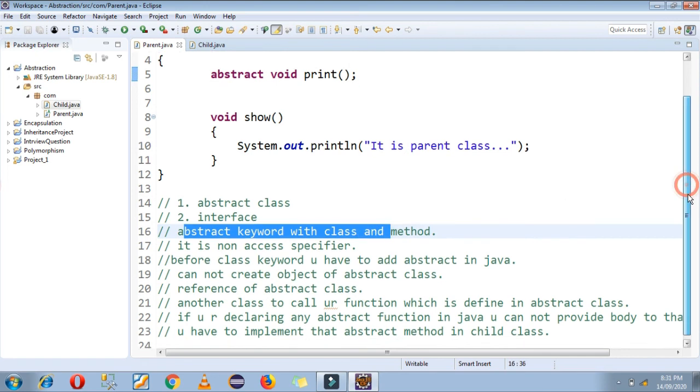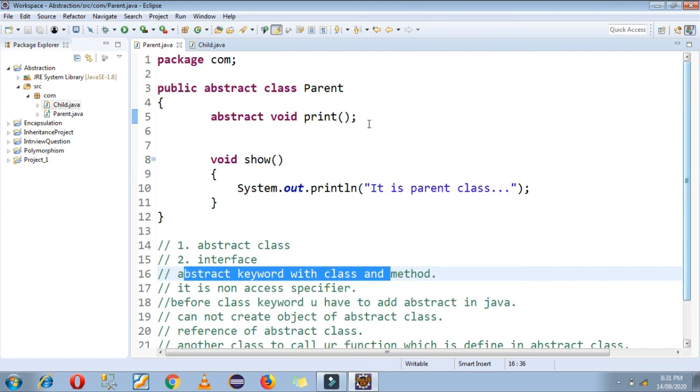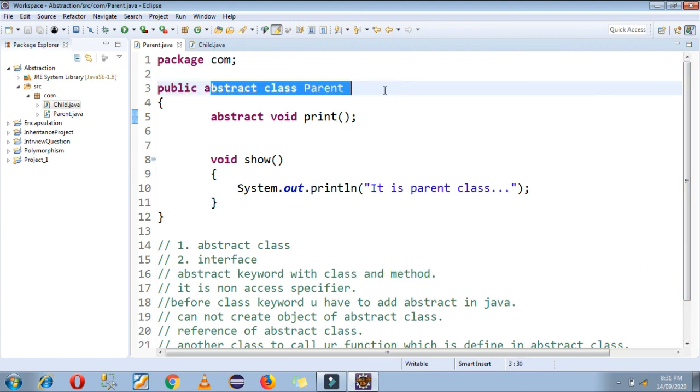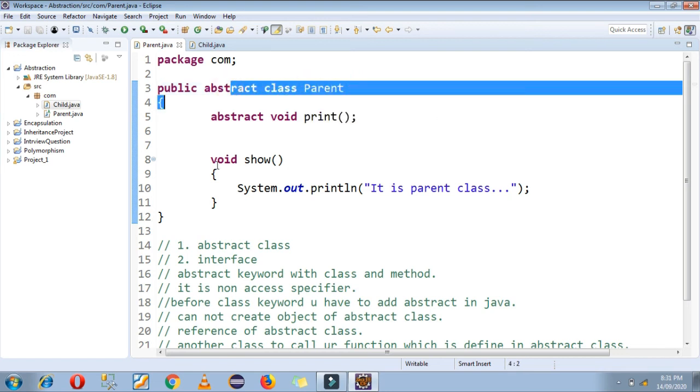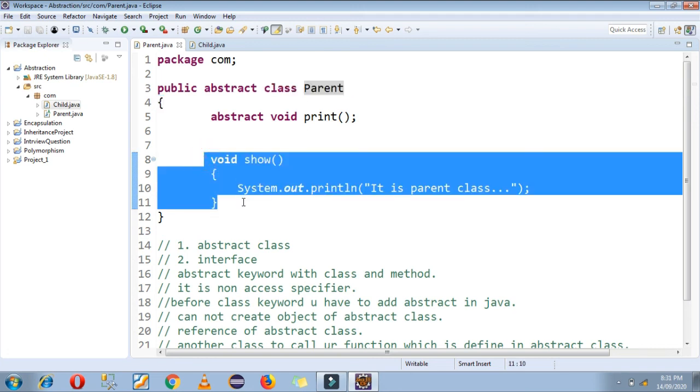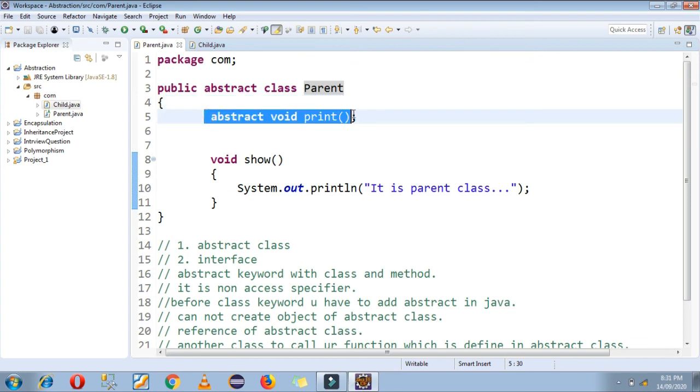It is a non-access specifier. If you are declaring any class as abstract, you cannot instantiate that class. That means you have to provide another class which extends your parent abstract class. In this abstract class you can provide simple concrete functions or you can provide abstract functions also.